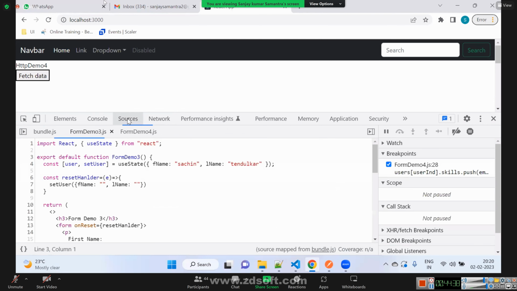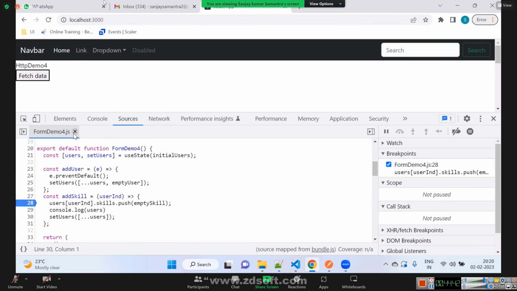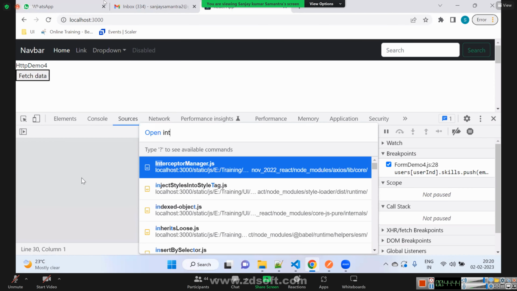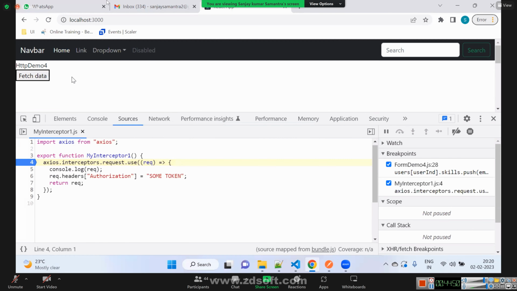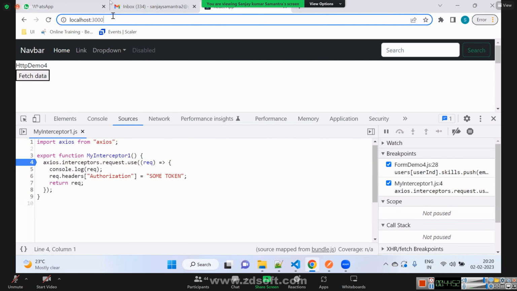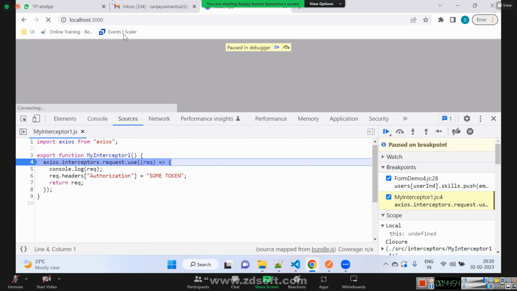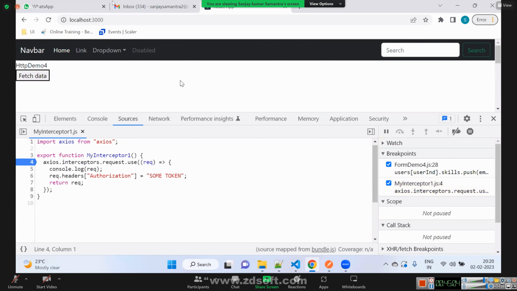Okay, now let me see if the request is going to the interceptor or not. Yeah, it's going. Request.headers. Okay, fine. So it is being triggered.